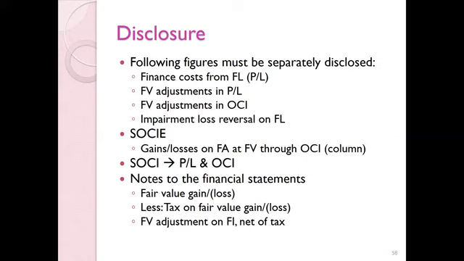Firstly, the finance costs from a financial liability must be shown separately from the others in profit or loss. You also need to show your fair value adjustments that go through profit or loss separately, as well as your fair value adjustments in OCR separately. Also, any impairment loss reversal that you may have had in terms of a financial liability must all be separately disclosed. In the statement of change in equity,